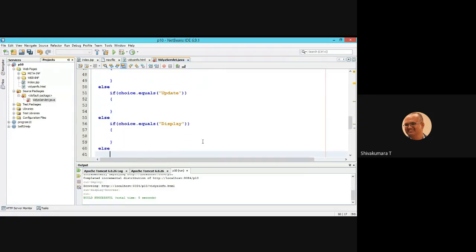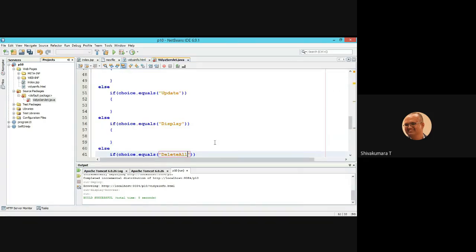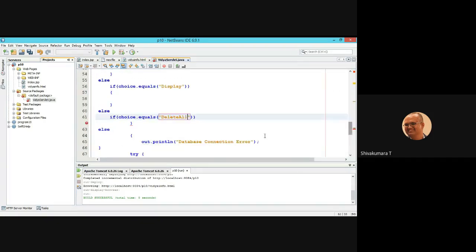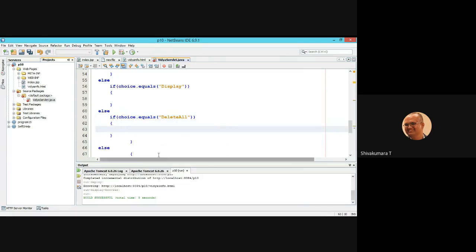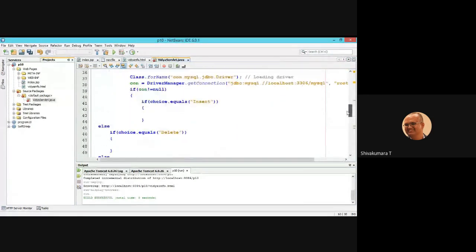Else finally if choice dot equals delete all. Okay, so you need to write the code for this.